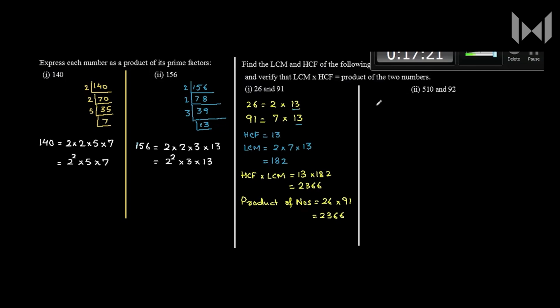Now first we will factorize 510. Now 510 is 51 into 10. 51 is 3 into 17. So 2 into 3 into 5 into 17. Now in a similar way, 92 is equal to 2 into,